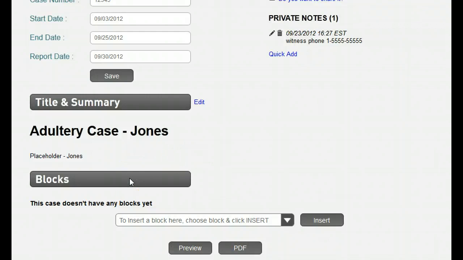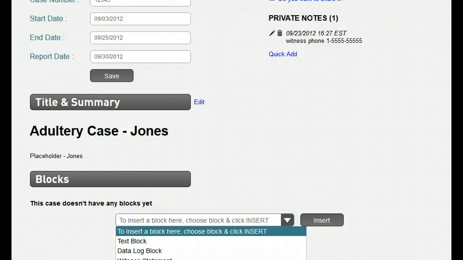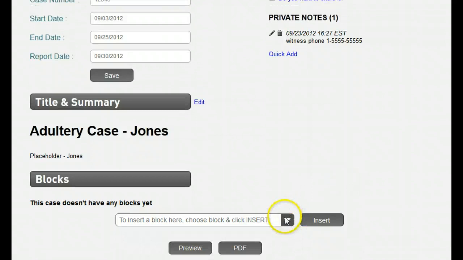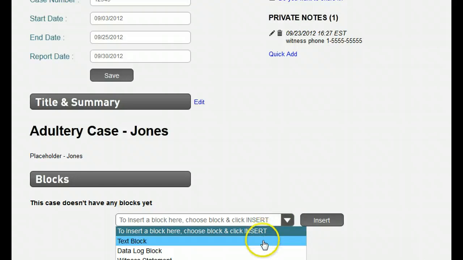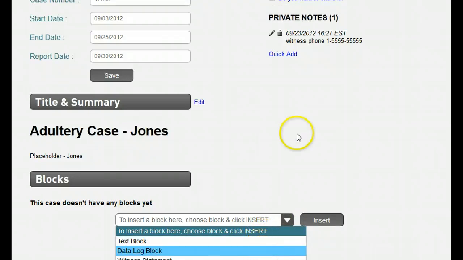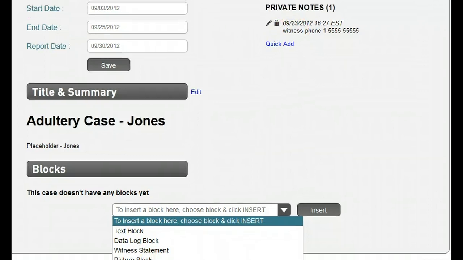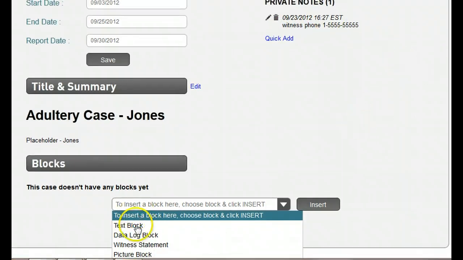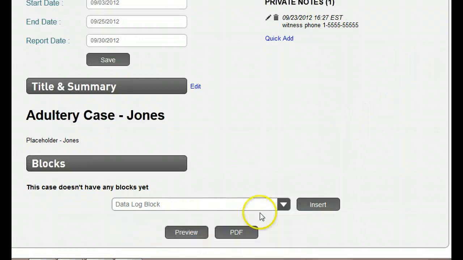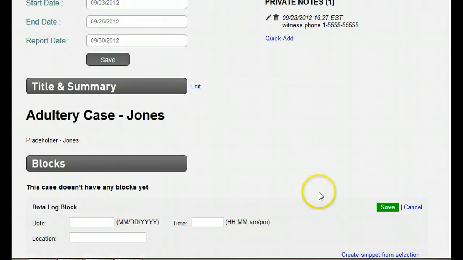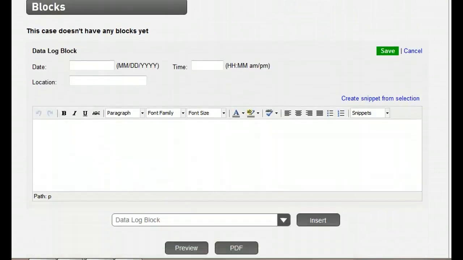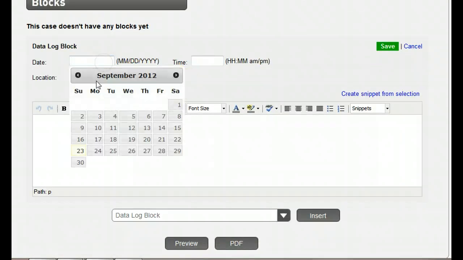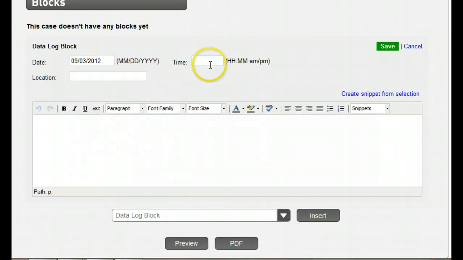Our application is a block-by-block approach. So simply click on this drop-down box here, and you'll see a number of options. There's text block, data block, witness statement, etc. And let's see if I can move this down here so you can see this clearly. Let's say you want to add a data log block, and this is very often used in reports. And what it does is, let's say you did surveillance on